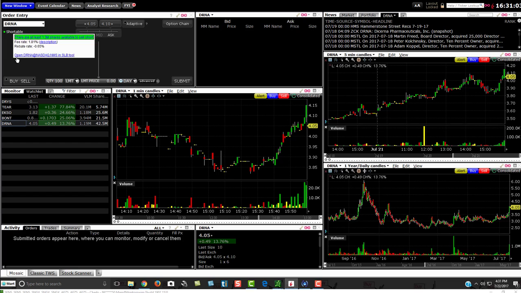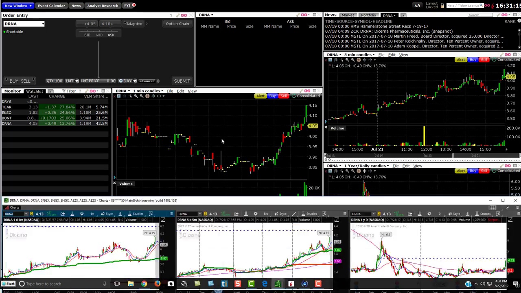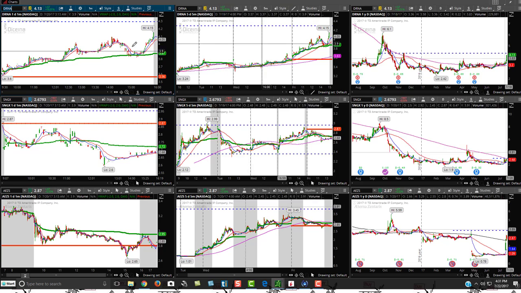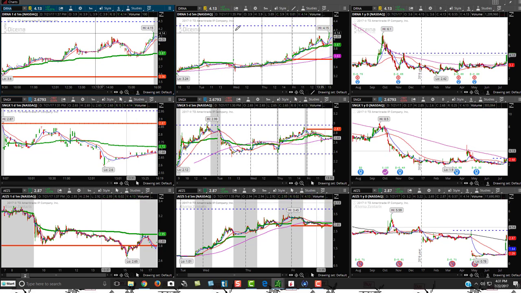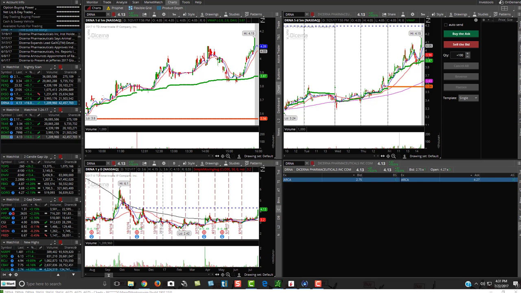So I'm going to put them on my watch list for Monday. Now you can see it has been running up a little bit, so just pay attention there and see if there's any potential reversal. So I'm going to now put that on just to show you what I'm doing. Ones that I'm really looking at personally, I put on already for my watch list, so I'll put it right up here, DRNA, so I'm already prepared come pre-market on Monday to keep an eye on it. Again, it always changes, but it's nice to have some ahead of time. So I'm going to see, hey, is it going to go up to this 429 marker and go above it, or is it going